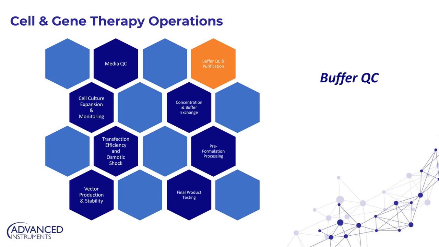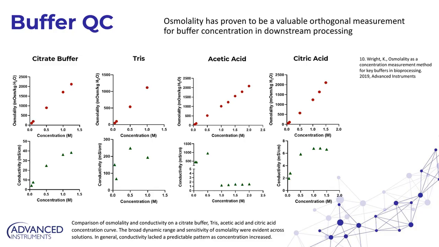We see the same thing with protein therapies, monoclonal antibodies. But we do have some data from 2019 that shows that osmolality has proven to be a valuable orthogonal measurement when it comes to representing and measuring buffer concentration for buffer components that are really commonly used in downstream